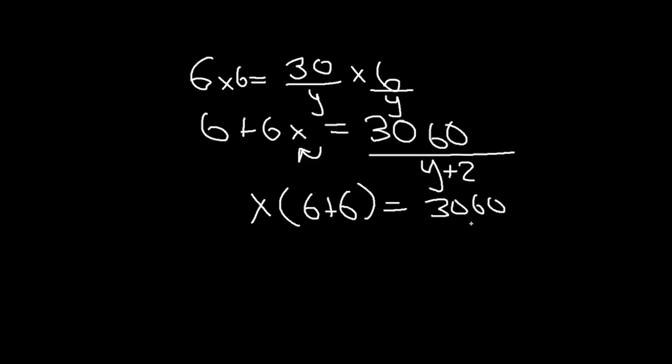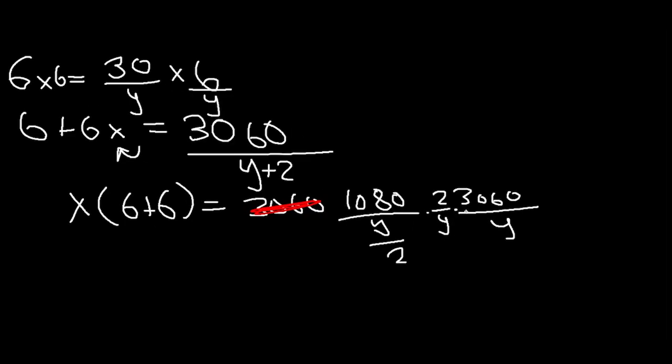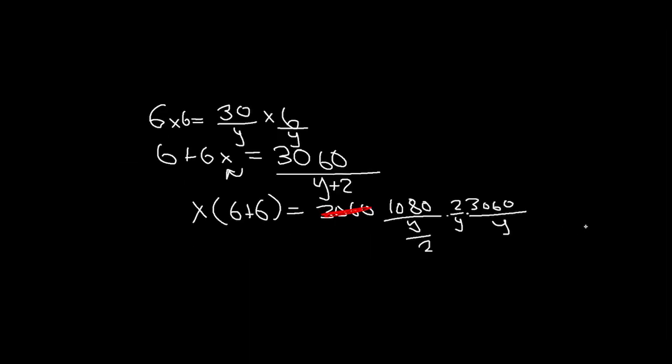where's my calculator? And that actually becomes 1080 divided by y divided by 2, which actually becomes 3060 again over y. Because if you have a fraction on top of a fraction, that's like multiplying by a fraction. So, okay. So then,